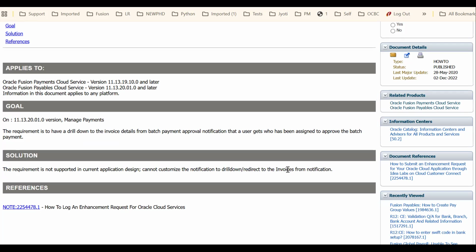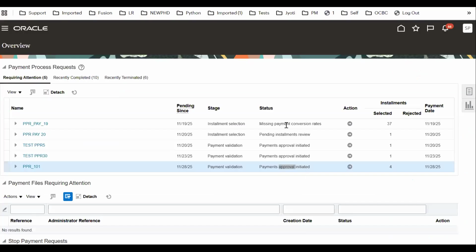So this is a very common business requirement which we generally get in any implementation. At least I have seen it in 4 or 5 implementations where this requirement is given, and we hit a roadblock here. So recently I have found another way to handle this. So what we are suggesting here,